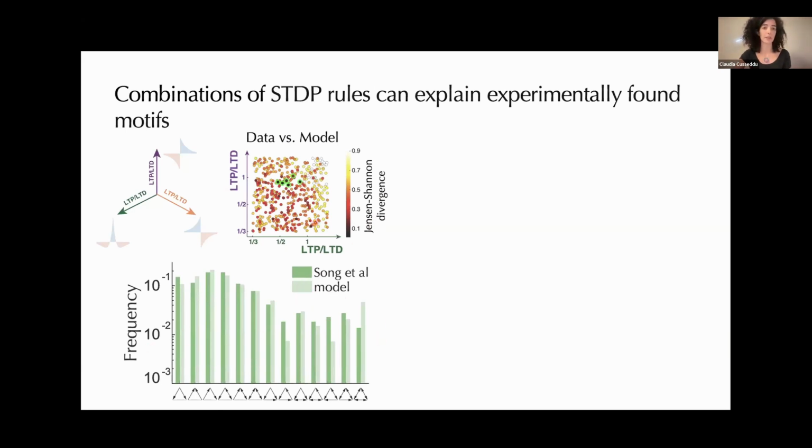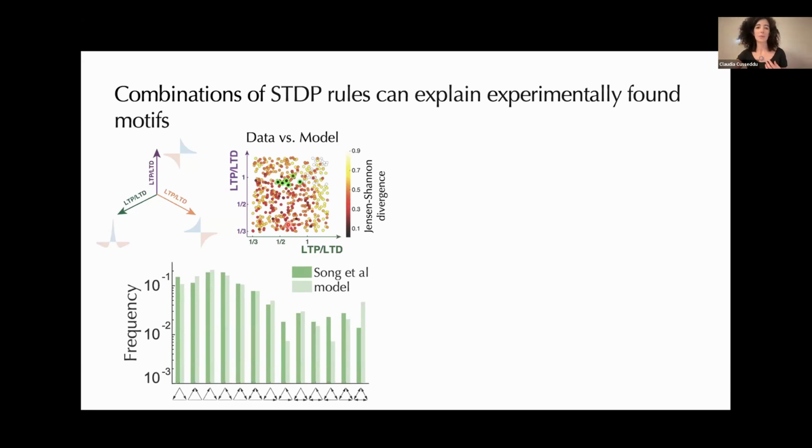fit to the data, but I also want to highlight that there is no one single dark point in this scatter plot, but there is a region of dark points, and also this is just one example of all the possible combinations. So this means that we don't need to pick one single precise combination of STDP rules, but different families can produce very similar motif distributions, suggesting that there is degeneracy between STDP rules and motif